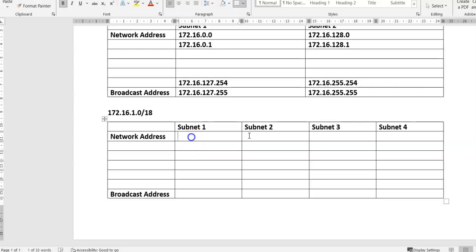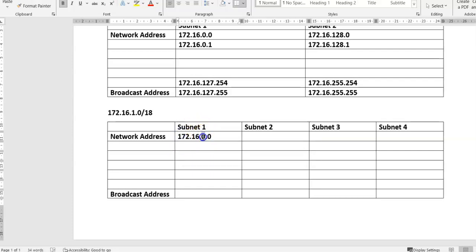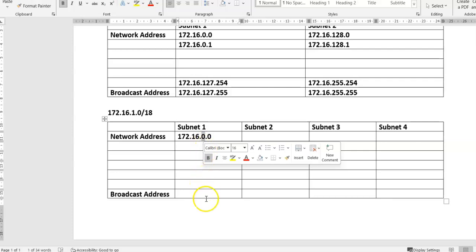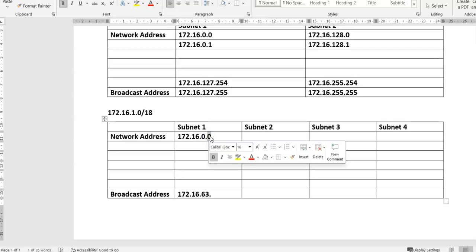Now it becomes this case. It is 172.16.0.0. If we take the first number, and if we forget about the first 2 octets, for example, we're not changing any of those, but this one, we said it will start from 0 all the way to 63. So we can fill that bit, 172.16.63. And if this goes from 0 to 1, 3, 4, 5, all the way to 255,